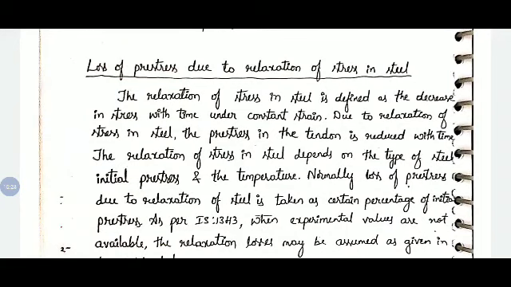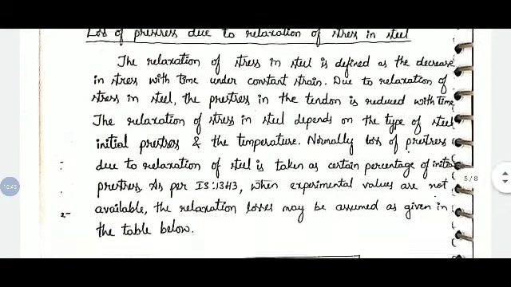That is, it has lost that strain for 3 to 4 mm. So same thing, similar way in steel also it happens. So for that, what is the loss of prestress it occurred, and it may depend on the stress you have applied at the beginning stage and the temperature. So relaxation due to stress in steel we consider